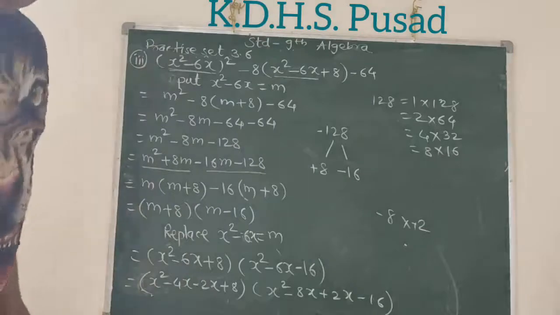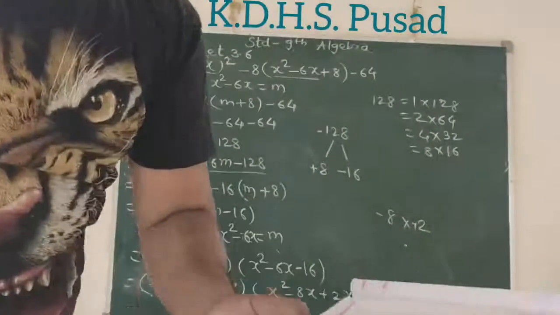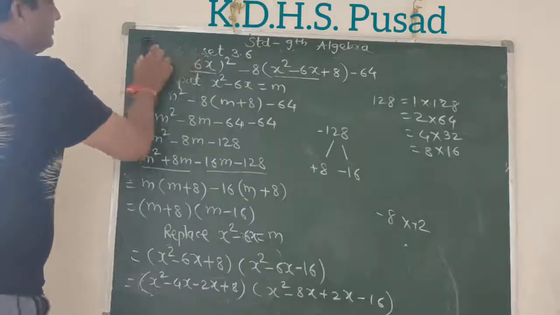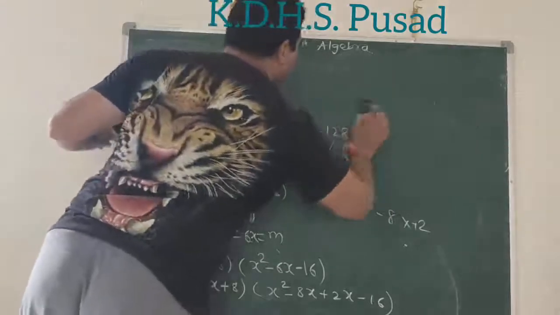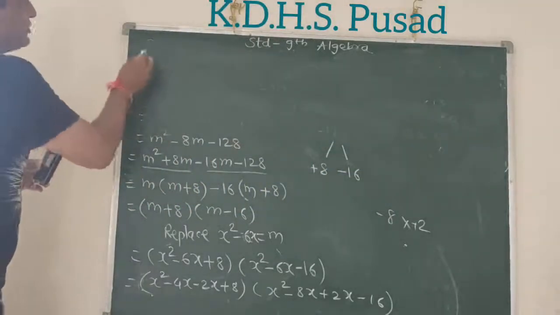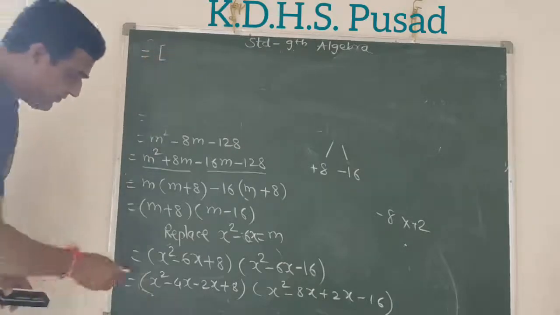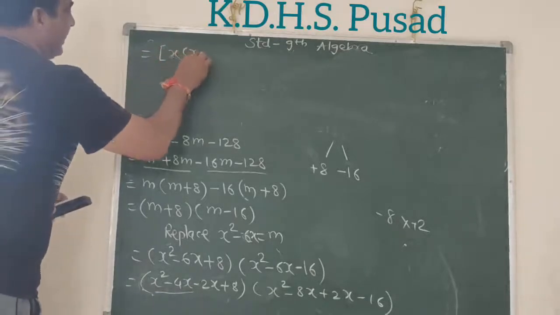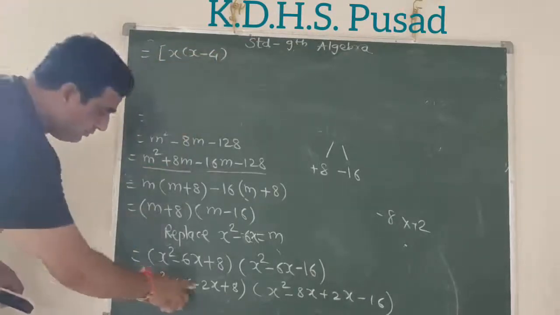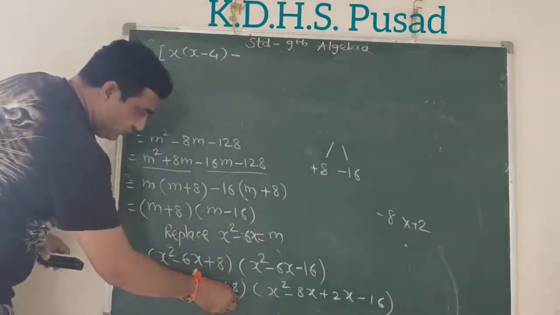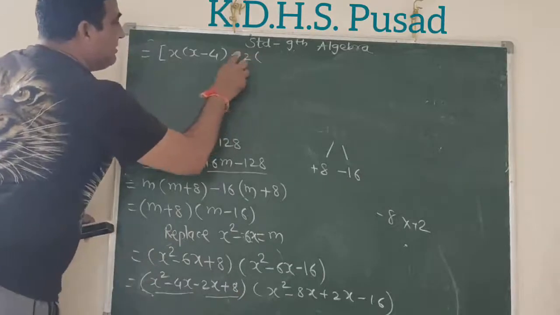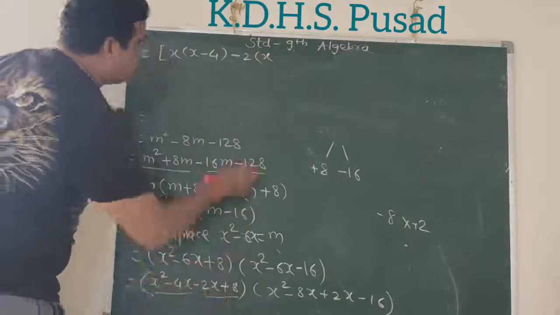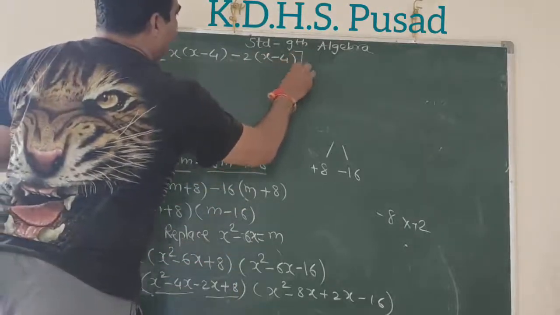Okay. Now we have to factorize further. Next stage. Now I use square bracket. From the first two, what can you take common? Only x common, there remains x minus 4. Now minus sign. From these two, 4 and 2, take 2, that means you are taking minus 2 common. So divided by minus 2, there remains x. Divided by minus 2, there remains minus 4. Your first bracket is complete.